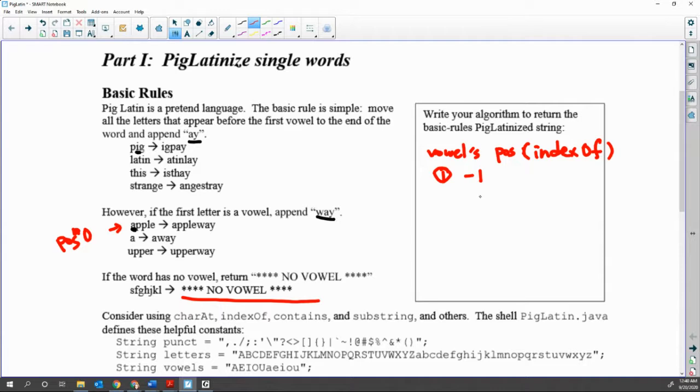If it returns -1, that means no vowel. If it returns 0, that means add way at the end. So those are two cases I don't have to think more about. If it returns non-zero, I can say else if. Now in the else case,